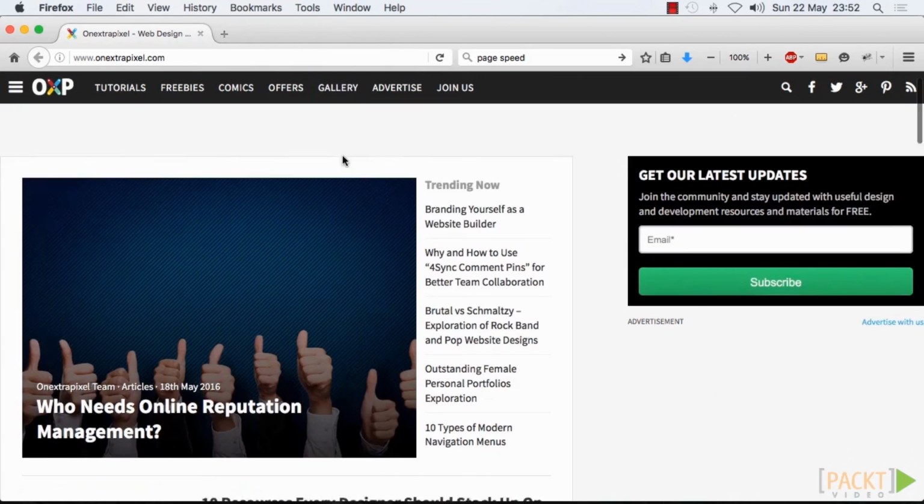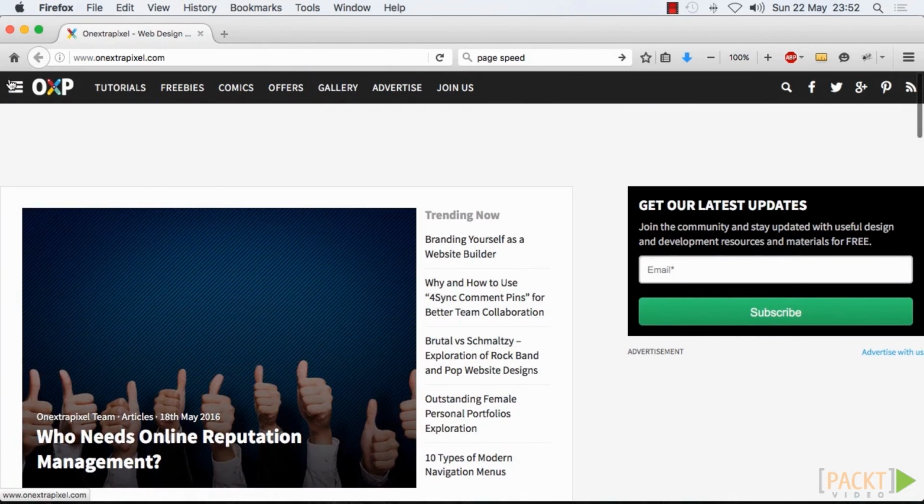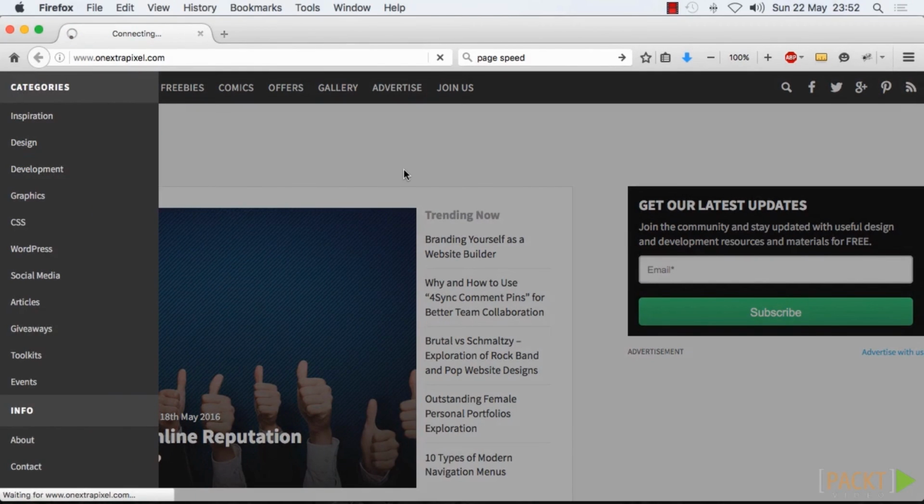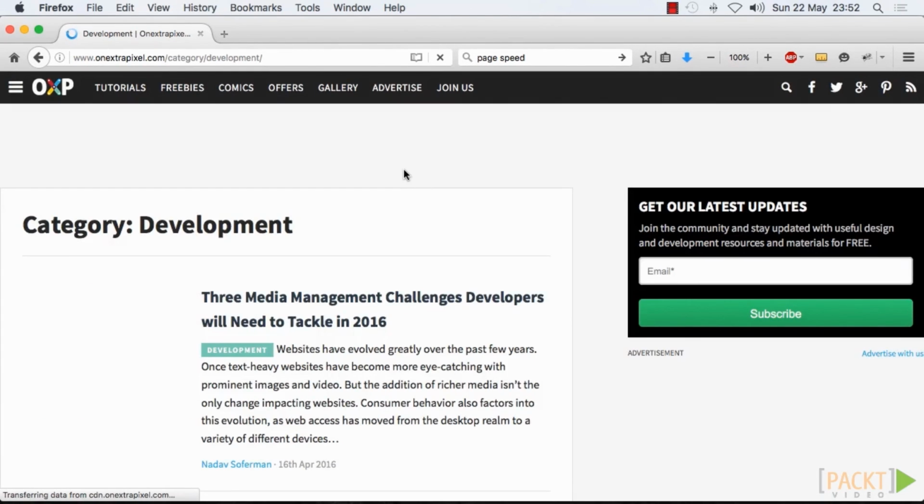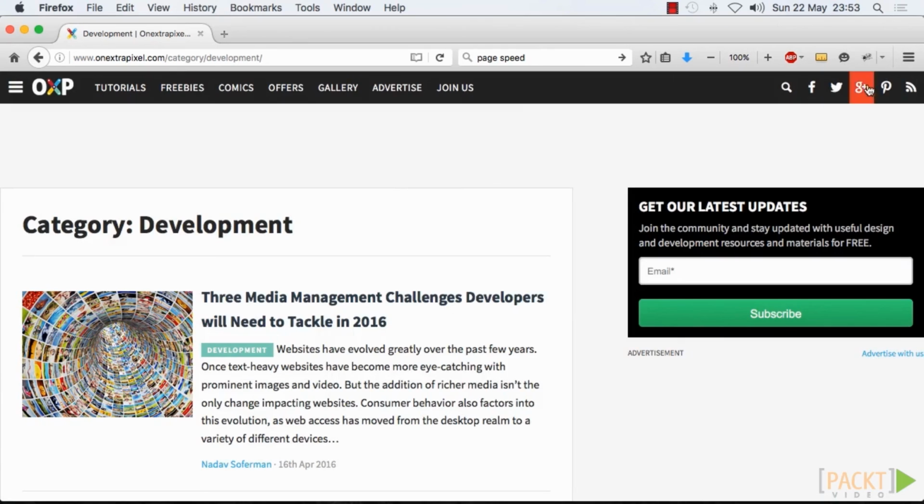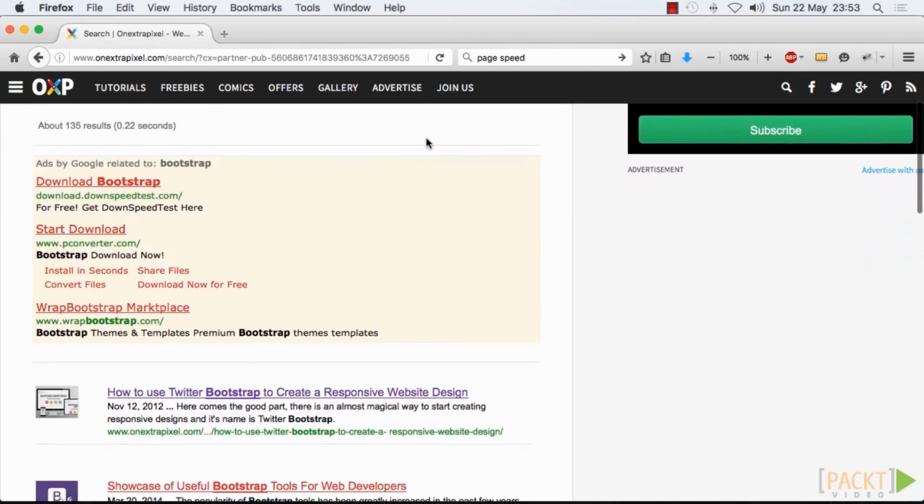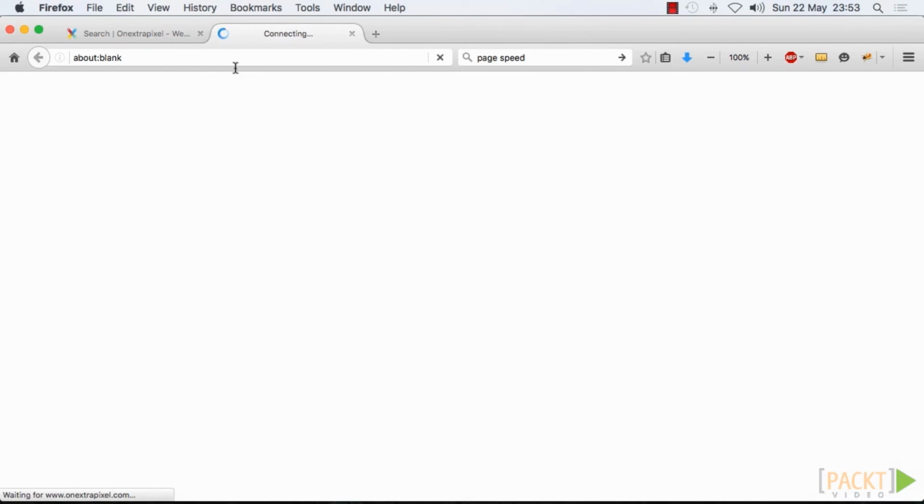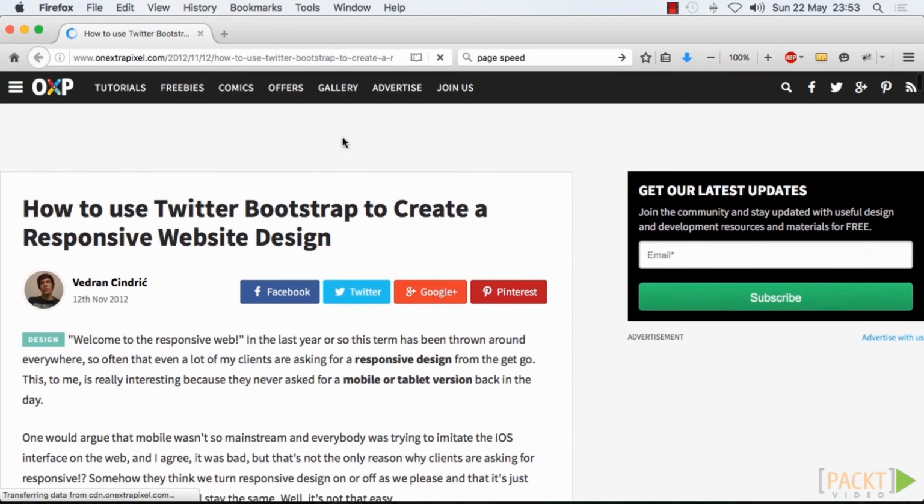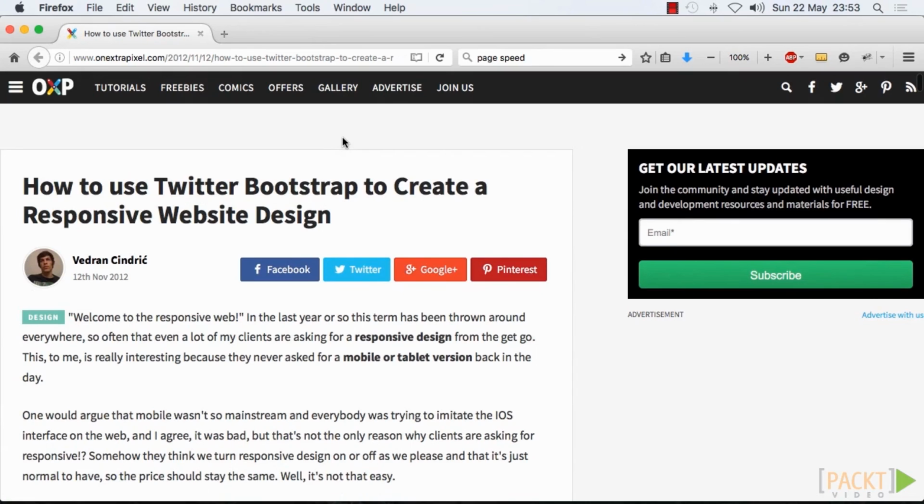As well as One Extra Pixel, which again has a variety of other content, but basically it has a really cool development category which features some of the articles that I've written about Bootstrap 2. So this would be one of them. It's for Bootstrap 2, but you can still read it because I think it's a good article to know